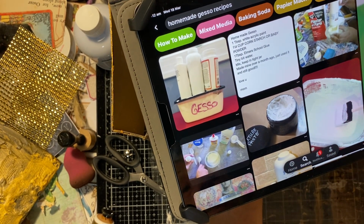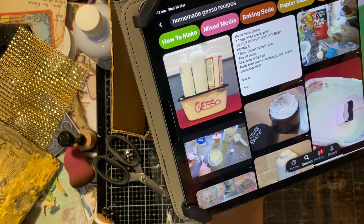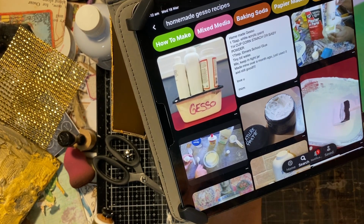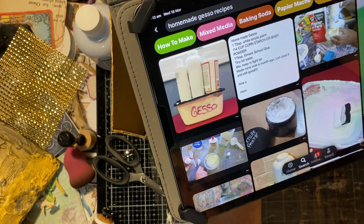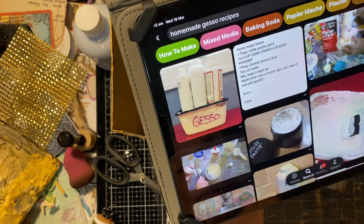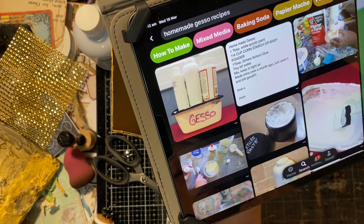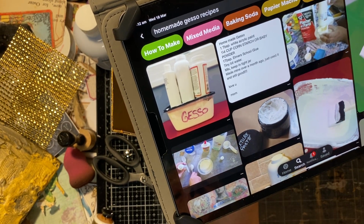Like I said, some of you are going to be stuck at home like I am. If you're stuck at home, there are ways and means around it. You can use Johnson's baby powder instead of corn flour. You can use, what was the other thing? Baking soda. There's all sorts of things you can use for textured paste, homemade gesso, and you can make your own